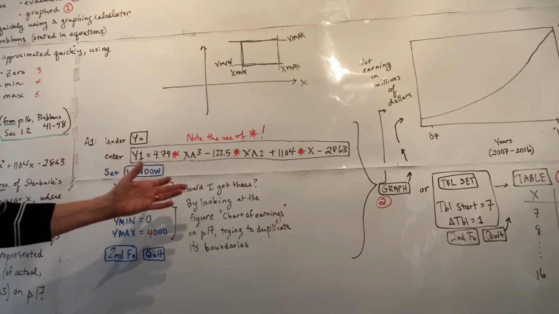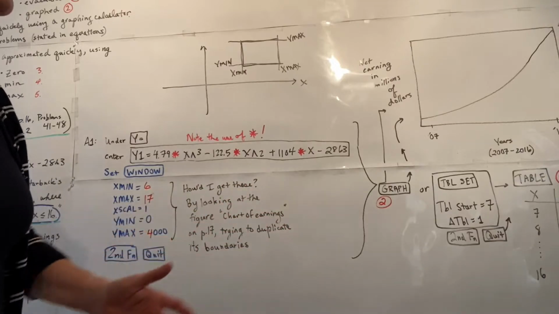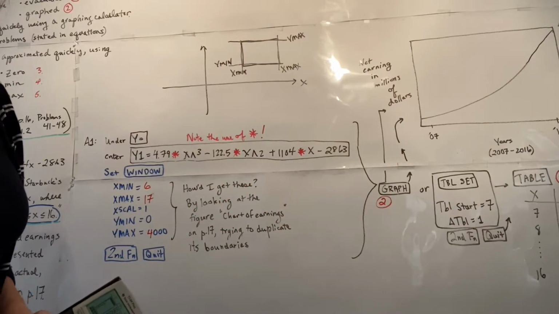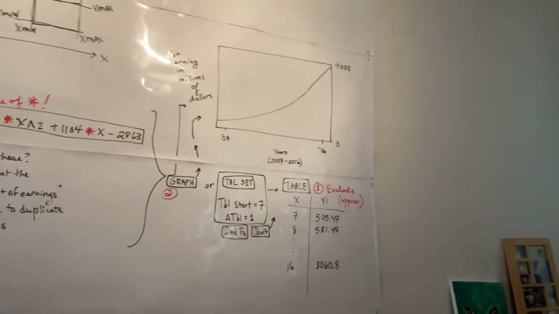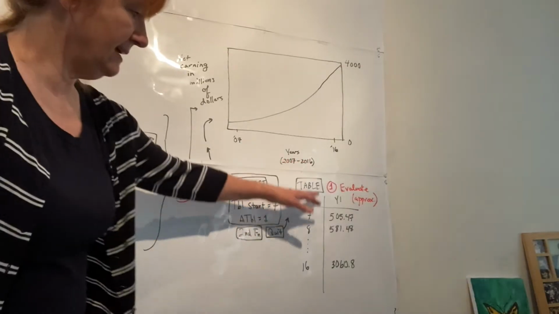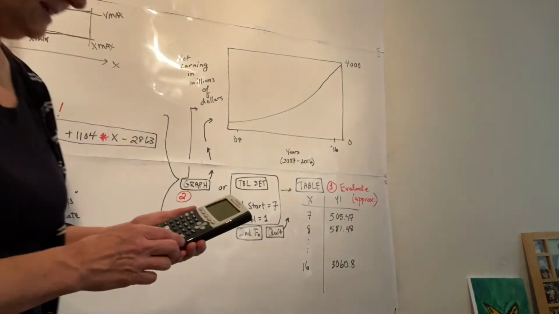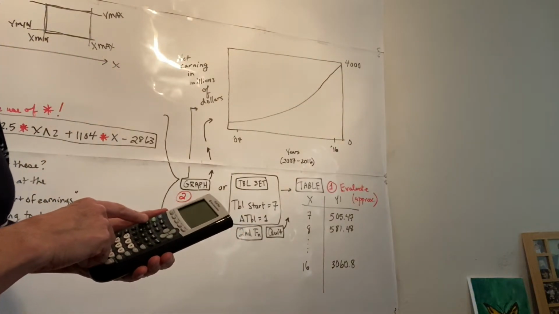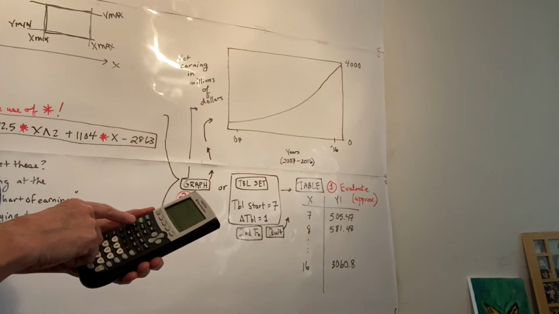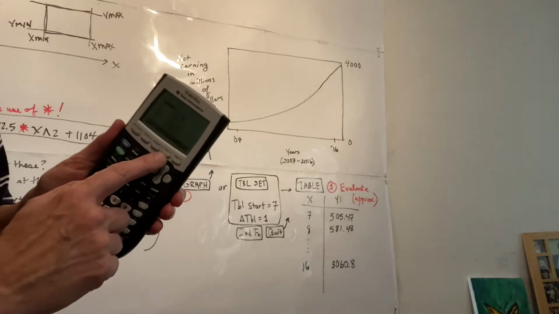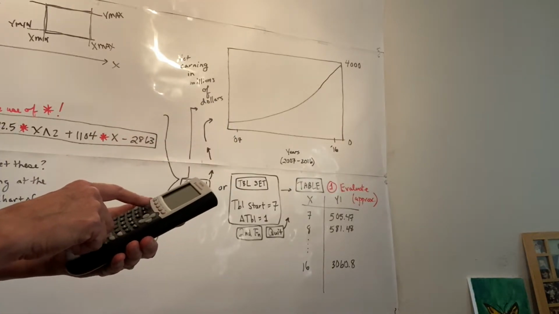So same sort of thing, being able to evaluate the function, doing a bunch of evaluations all at once is very handy here. Or you can also use a thing called trace. Let's see now, where is trace? Ah, there we go, trace, right there. So if I go back to the graph,